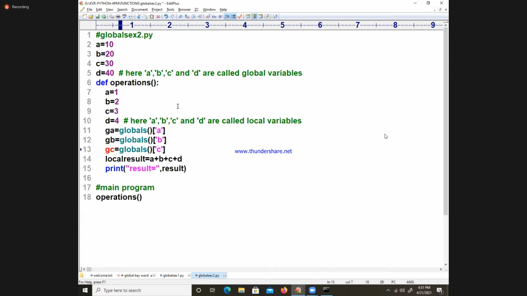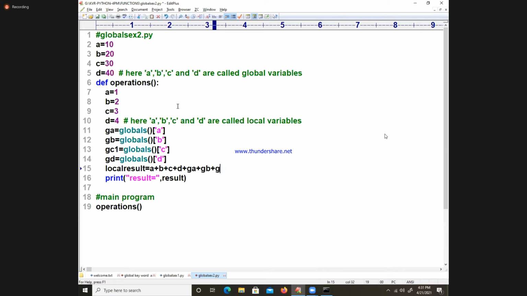I will take global variable gc1, and gd1 for d. Now I will write here ga plus gb plus gc1 plus gd1, and the result is going to be something like this.